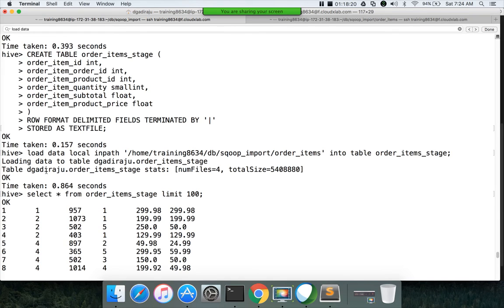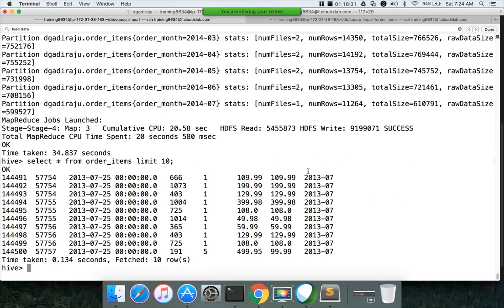If you see, it just finished within a moment, and you don't see any output related to MapReduce. So the load command does not use MapReduce, whereas the insert command does use MapReduce. That is the first major difference.